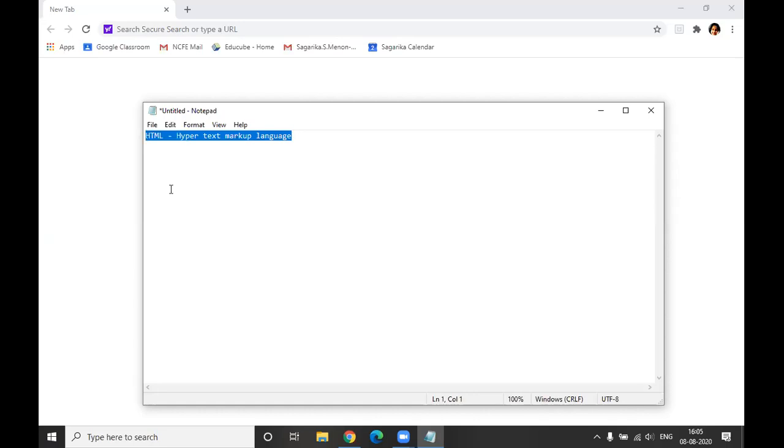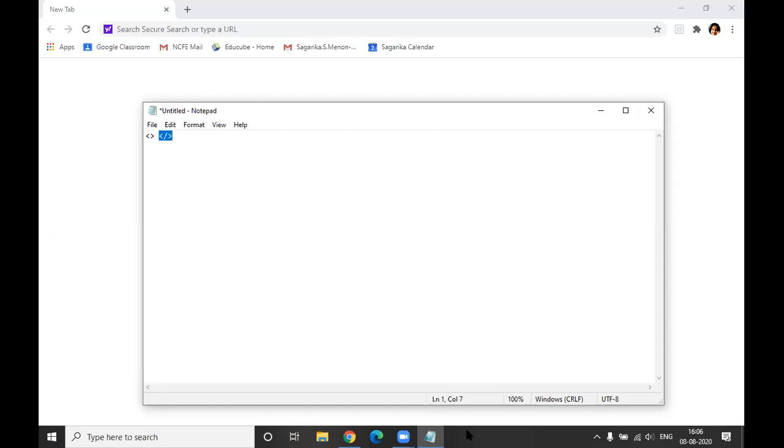So what we will do, we will start with very basic. Now, every document should have certain tags. Tags are defined by these angle brackets. We will have an opening tag and then we will have a closing tag. So we have two types of tags: anything you write, there would be an opening tag and then there would be a closing tag. With me so far? Yes, sir.